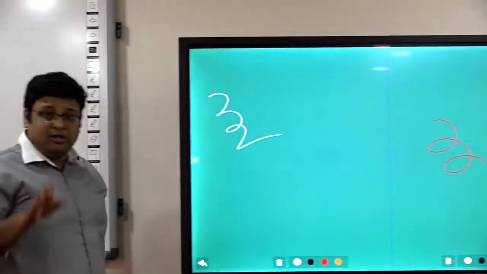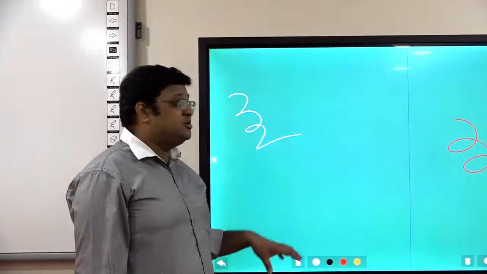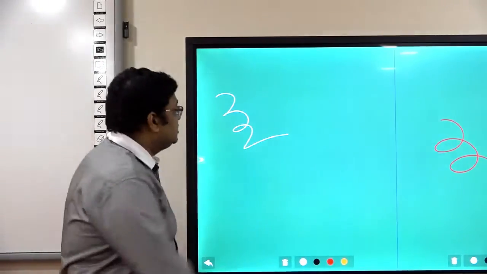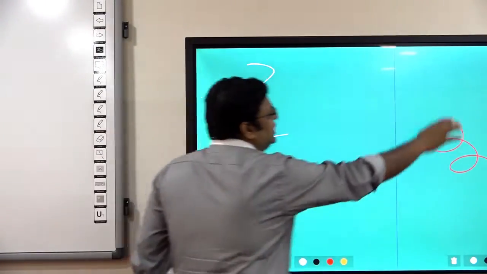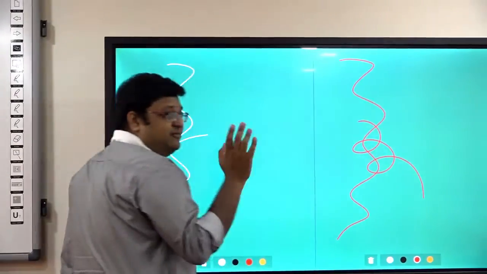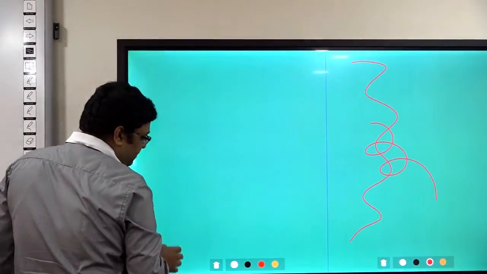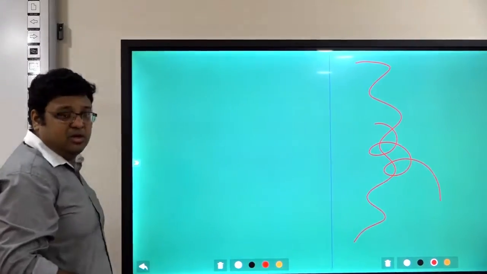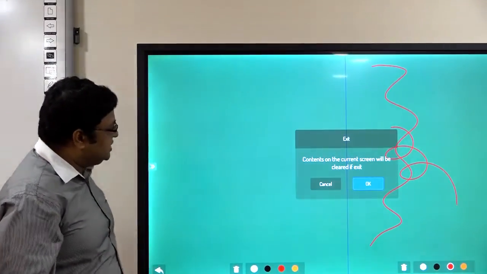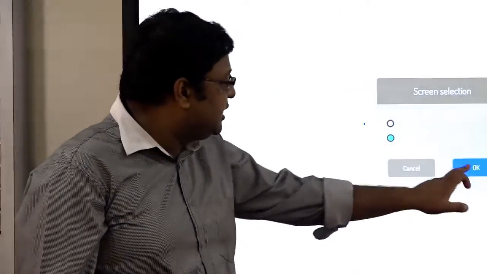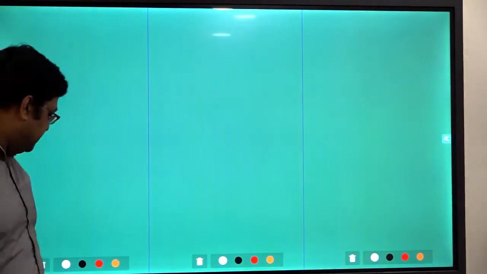Okay. Also, one more important thing is that suppose you are making a numerical, a long derivation you are doing. So first you can complete this page, then you can complete the second page. Then whenever your students are writing this one, you can rub this one and you can go for the third page, right? So this option is also very much beneficial to us. Okay. After this, we can not only split into 2, we can split into 3 also. See, it will become 3, right? This option is also available.